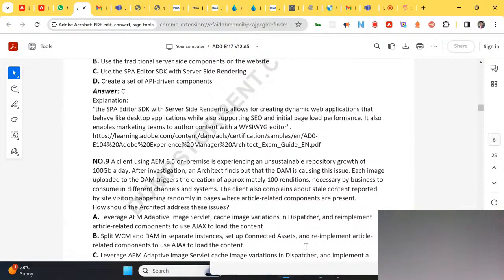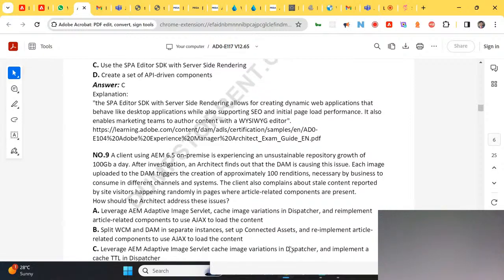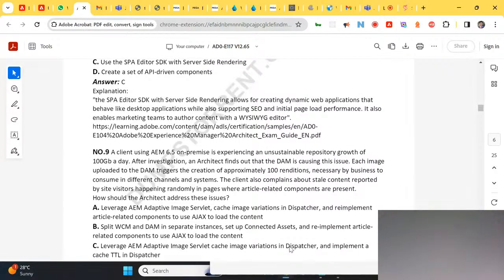Okay, leverage AEM adaptive image, cache image variations in dispatcher, and implement a cache TTL in dispatcher. See, the repository growth cannot be stopped because we need to have all the renditions needed by the business. That is part of the requirement.